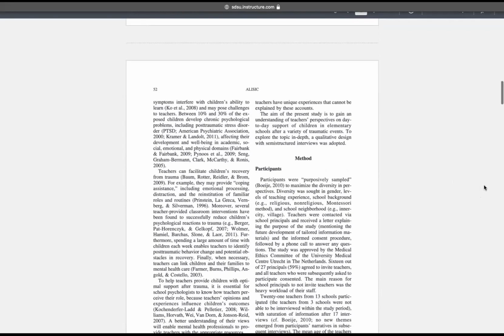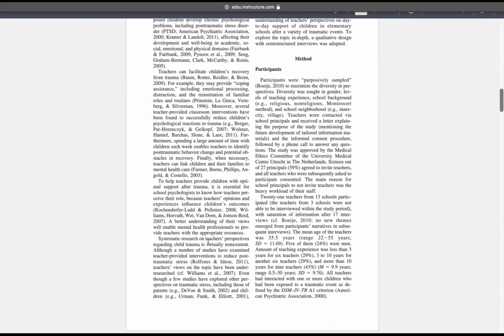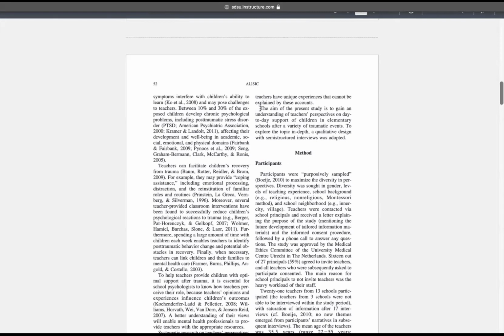But in this particular case, you can see that they do. They actually have a ton of literature woven throughout. Normally you'll see that there's a whole separate section for literature. Now, in this, though, they do tell you very explicitly what the aim is. It doesn't have a research question.